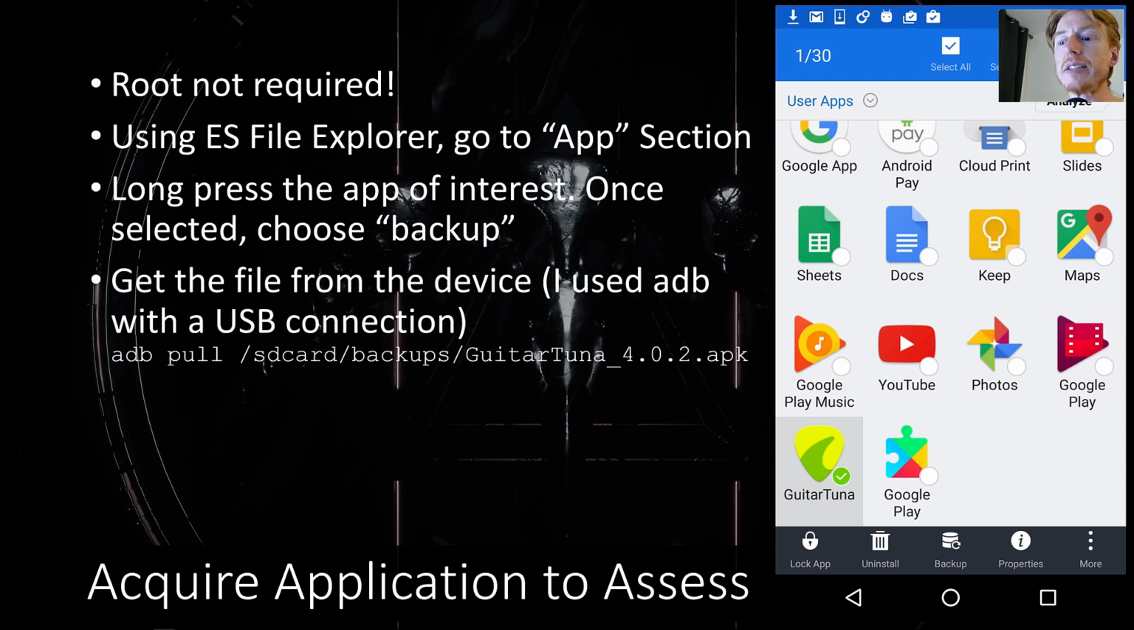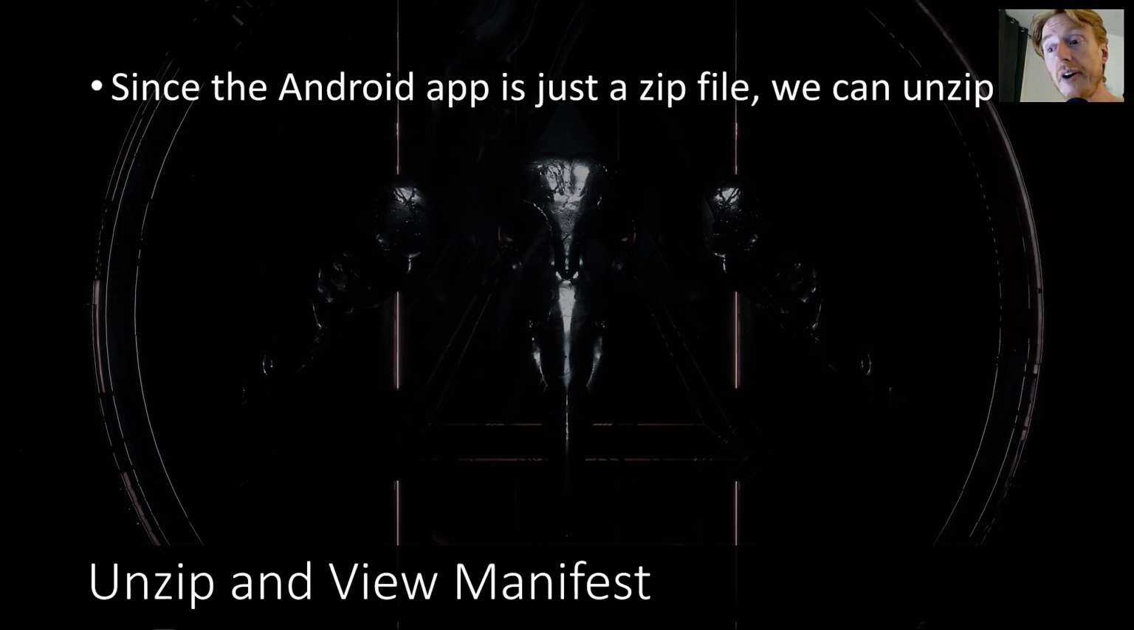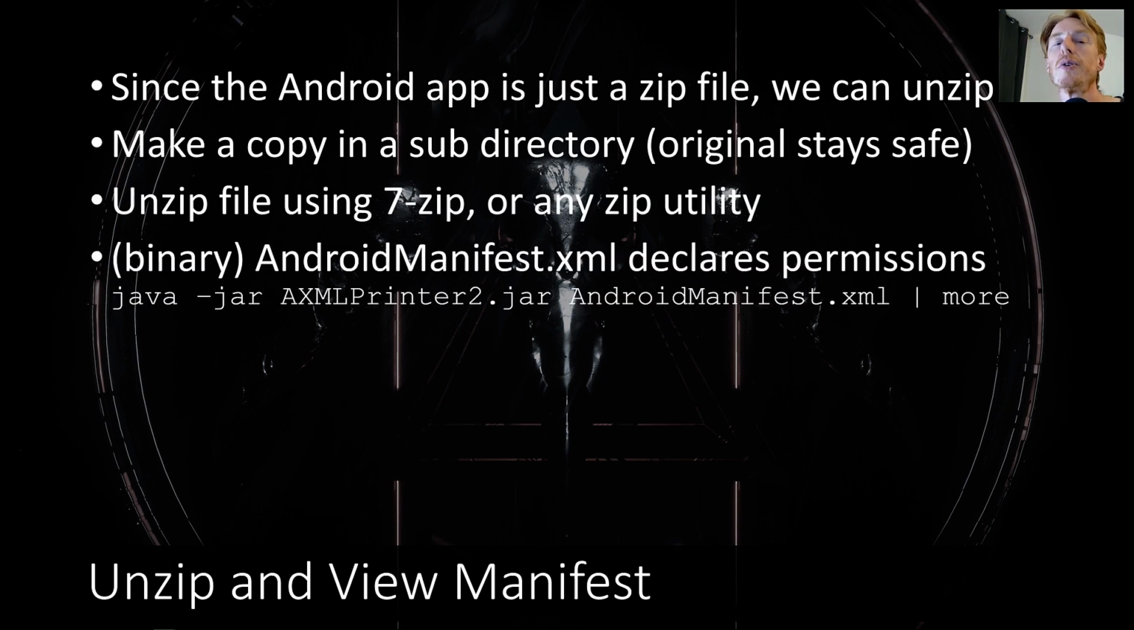Click backup, and what it does is it actually dumps that APK to the SD card backups directory, and then you have the permissions with ADB to pull that file off. Now you have the APK, right? And APKs are just zip files. So what you can do is basically unzip it. Don't work on the original one just in case you screw something up. Unzip it and then use the